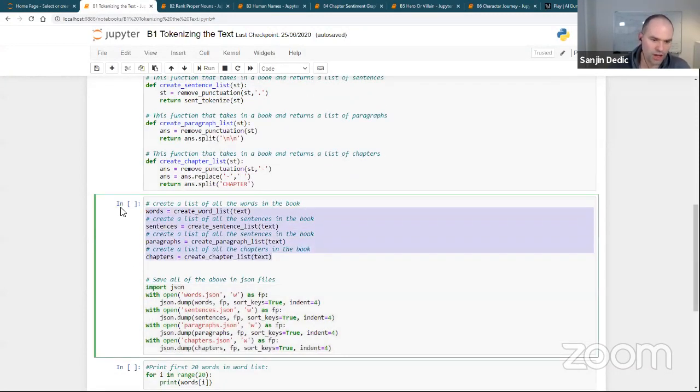So here are 4 variables: words, sentences, paragraphs, and chapters. Now, like that, we're going to embark on messing around and trying to find out who the heroes and villains are, and then how the emotions flow through the text. We can use these 4 variables,